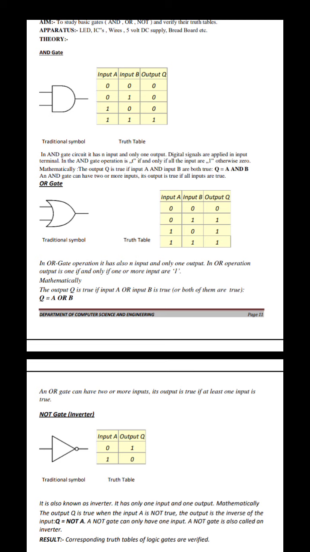Now we apply A equal to 0 and B equal to 0. At that time we get output equal to 0, because our operation is nothing but a simple addition operation. When any one input value is 1, at that time you get the high state value in our output. So A equal to 1, B equal to 1, at that time also you get 1. A equal to 1, B equal to 0, you get output 1, and A equal to 0, B equal to 1, you get output 1. Only when both are 0 do you get the 0 value.